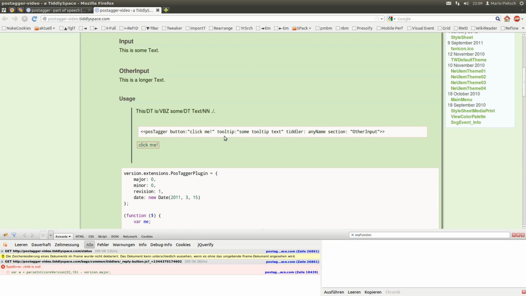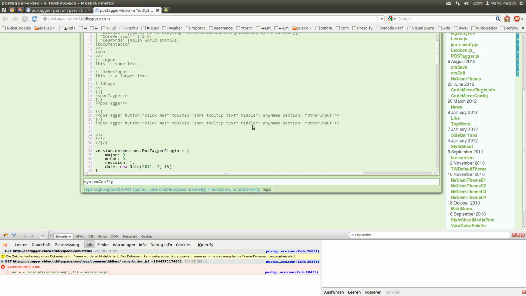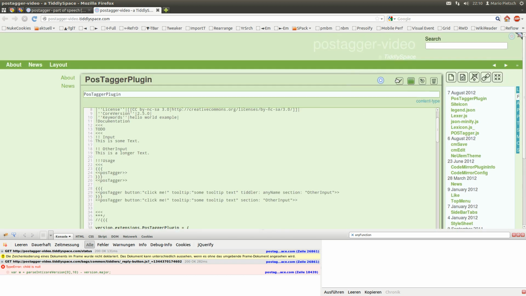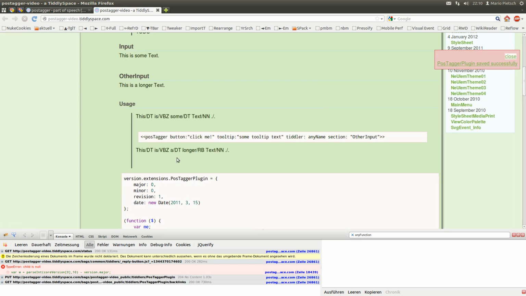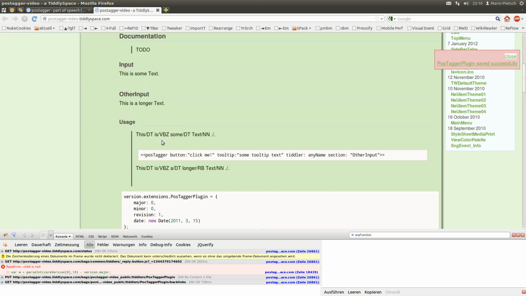F12. Child is 0. Yeah, because we have any name and the any name tiddler is not defined. So we just remove the tiddler. So it does something, and this is the longer text.